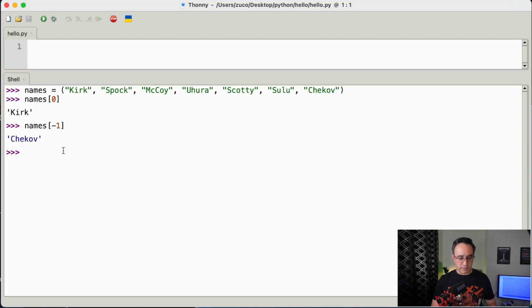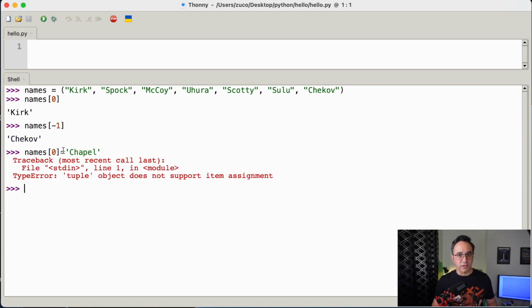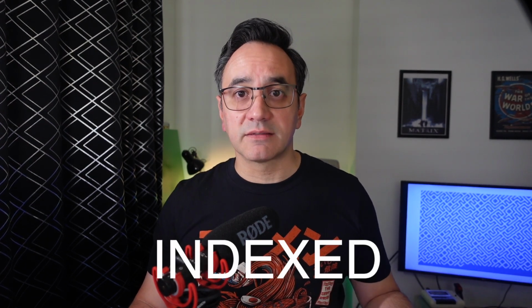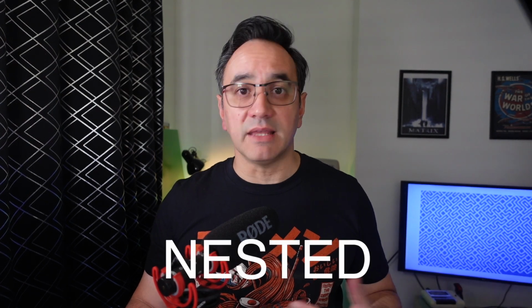Tuples are immutable, meaning that as soon as we define them, you can't change the values of their elements like with a list. For example, let's try to change the first element of names, and it's going to give us an error. That's because tuples are read-only. So basically everything you already know about lists is true as well for tuples. They are ordered, they can contain arbitrary objects, they can be indexed and sliced, they can be nested, but